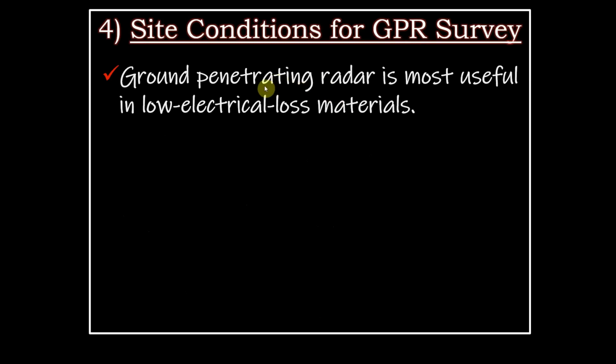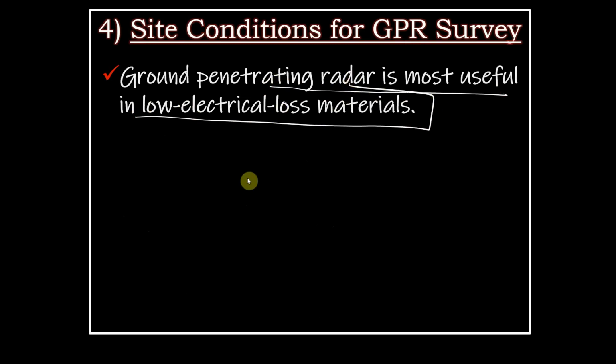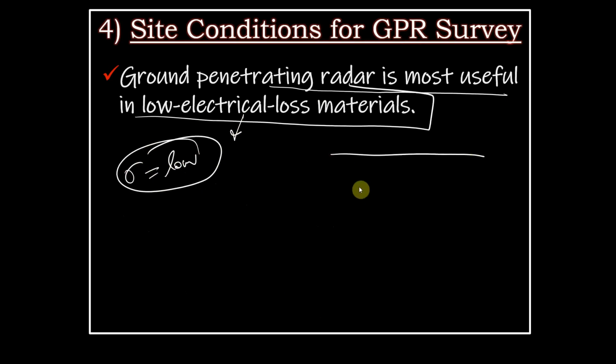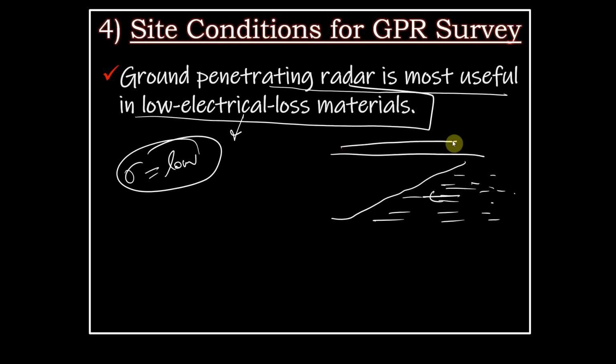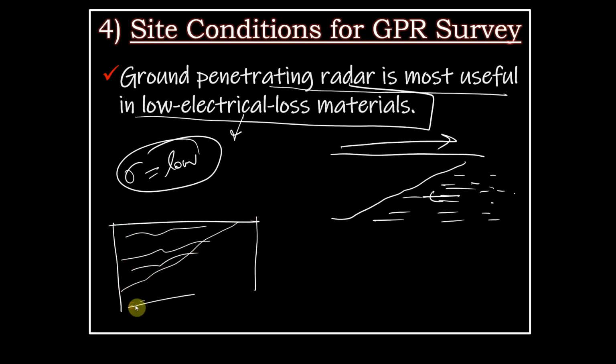So we can say ground penetrating radar is most useful in low electrical loss materials. What do I mean by that? Low electrical loss materials means the conductivity is low. Suppose I'm considering a condition where saltwater intrusion is happening. This side you have the saltwater. What will happen here? If you do a GPR survey here and look at the radargrams, you will see that on this side the features will be identified, and on this side you will have almost nil or zero signal, because the